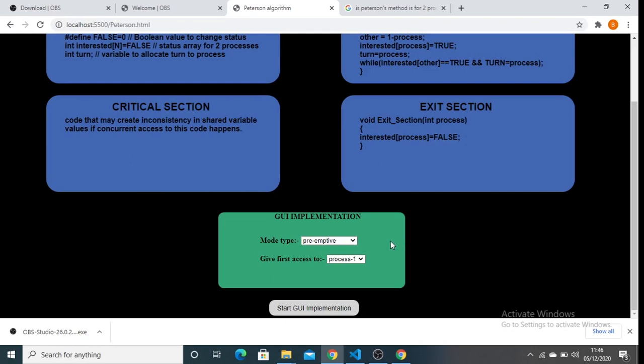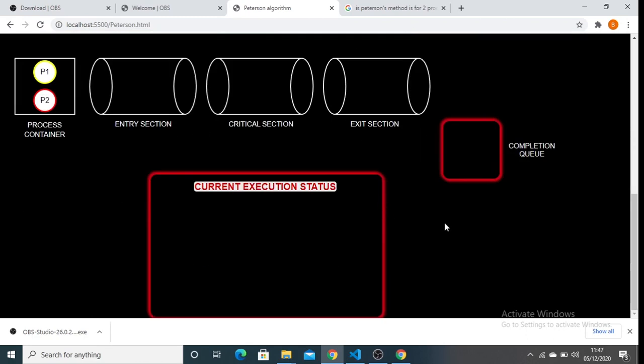So we have implemented it for two modes, either preemptive or non-preemptive, and we allow the user to add process 1 or process 2 which will be in execution first. So here I am showing non-preemption, so process 1 will execute first, and here the current execution status will be shown.